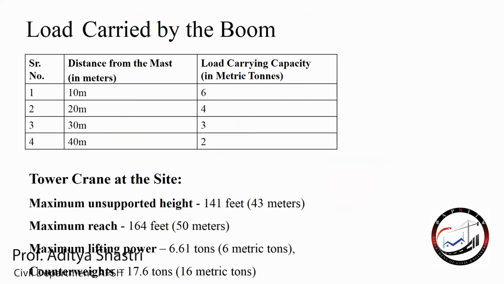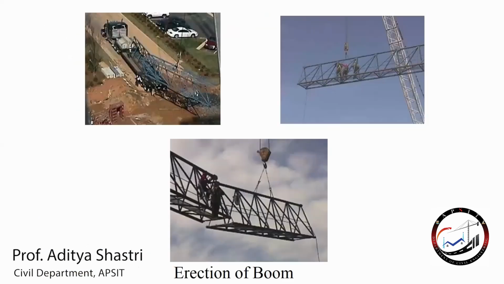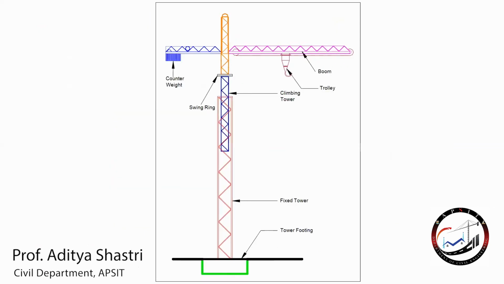Okay, next thing is the tower crane at the site. Maximum unsupported height is going up to 43 meters. Okay, unsupported height means what we talked about earlier, that is your lifting tower and climbing tower here, that is your maximum